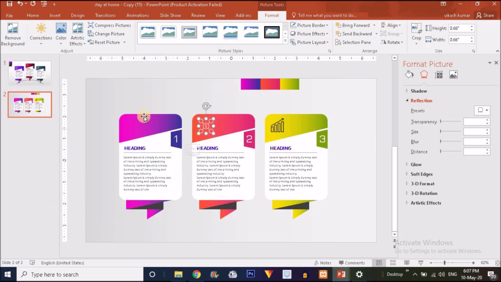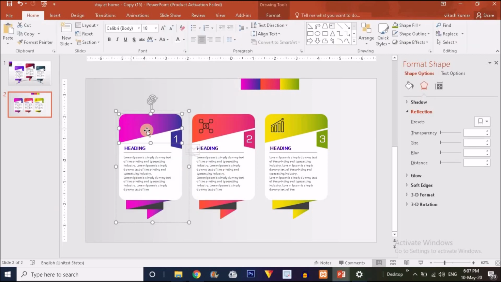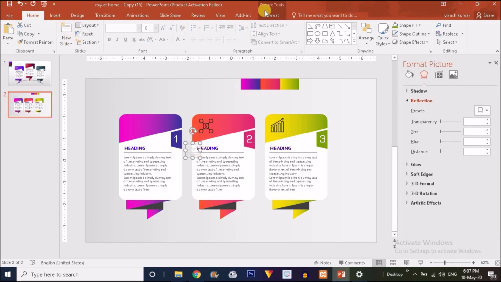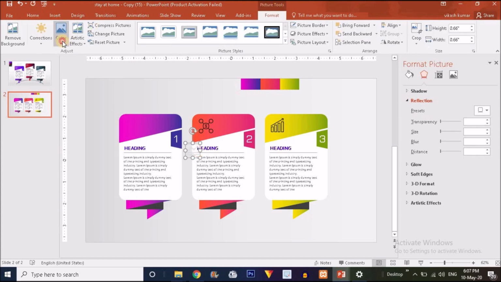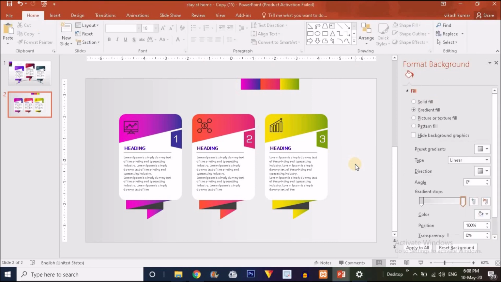Let's choose the black color from here. For this one I'm again going to choose a black color. Adjust it like this. So done.